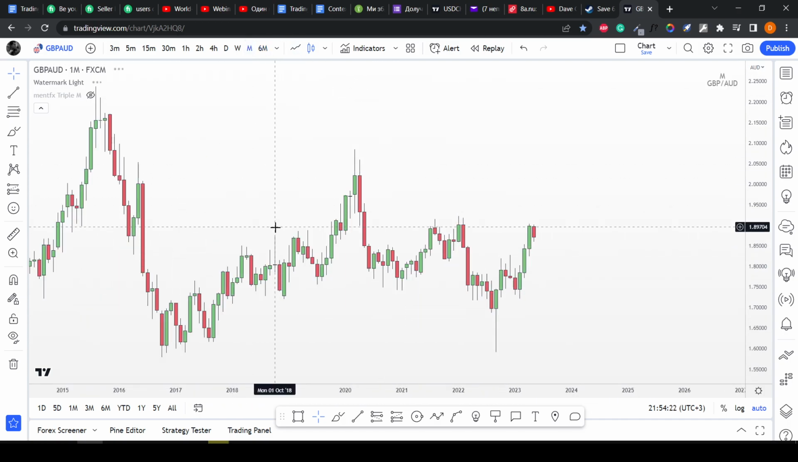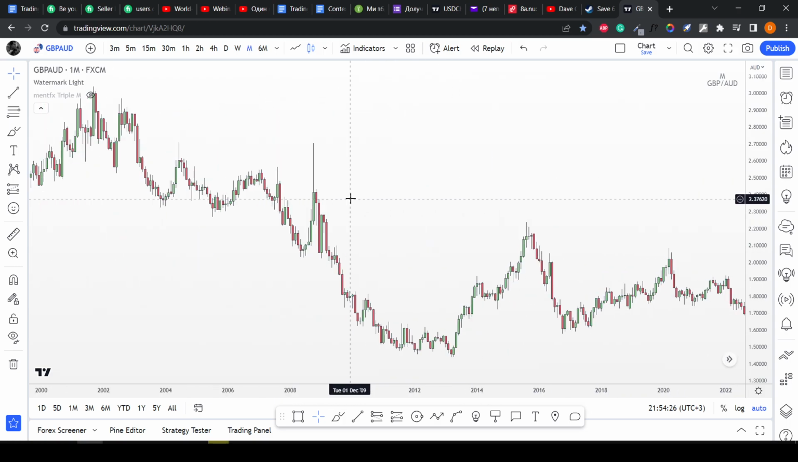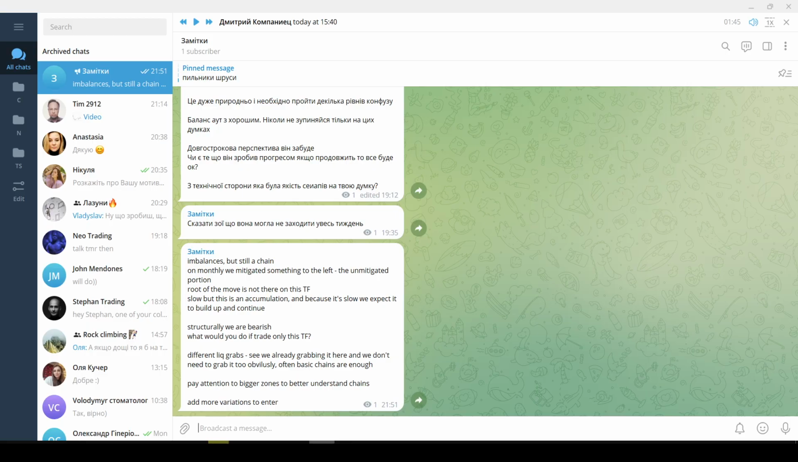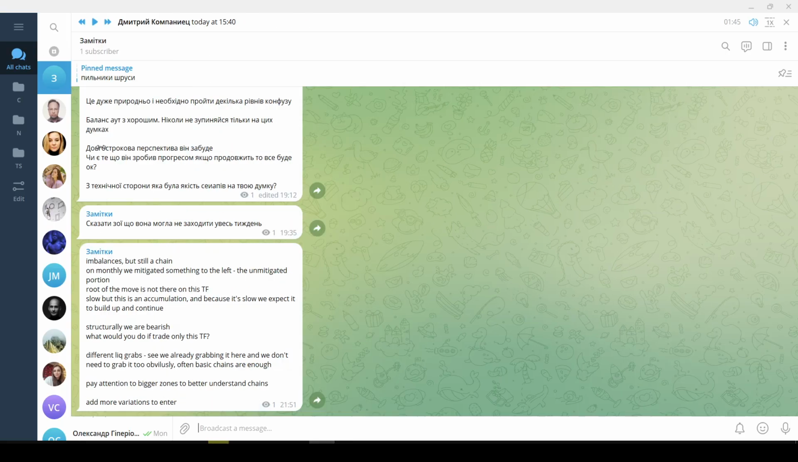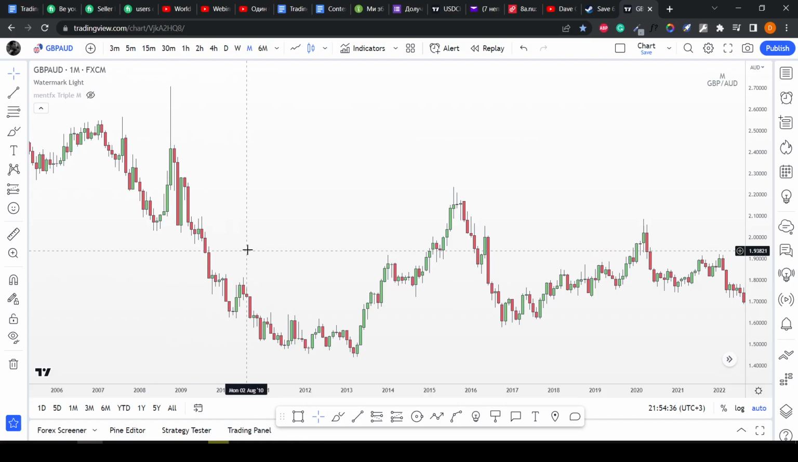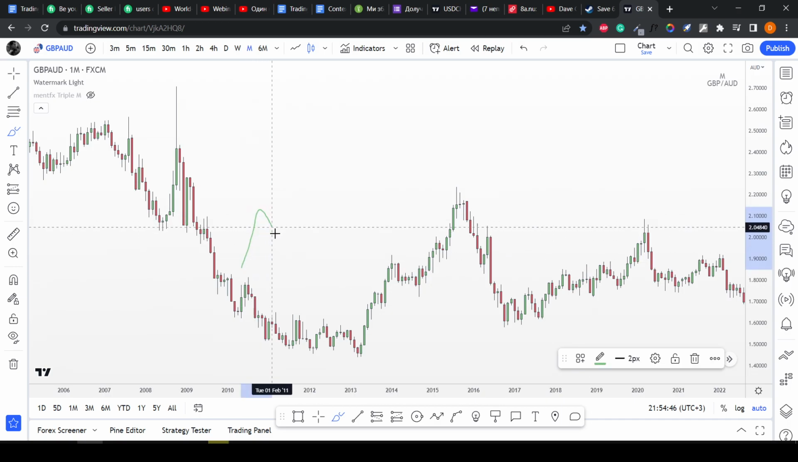Let's go to monthly. On monthly, you told everything really nicely. One interesting detail that I want to point out is how you read imbalances. There are different kinds of chains, and we will discuss it a bit later, but basically when you have an imbalance like this, you will have this imbalance,